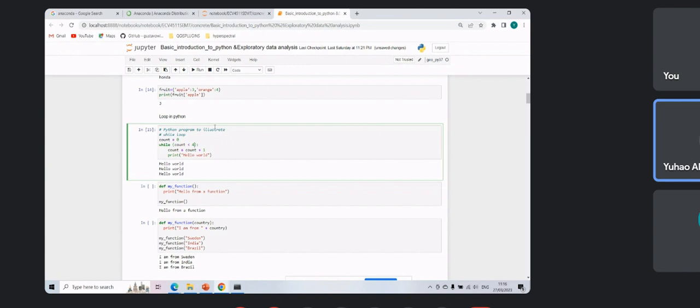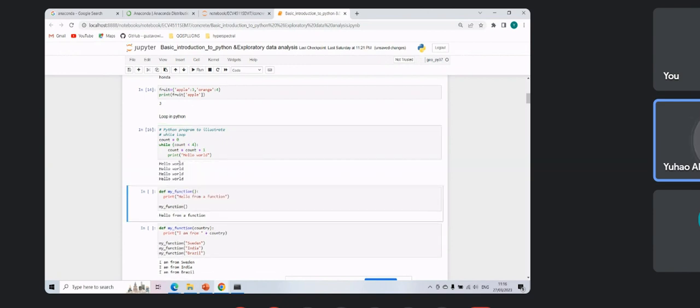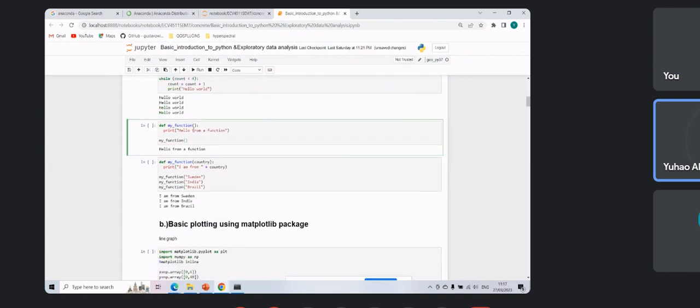How about if we change the 3 to 4? Later on it will count from 0, 1, 2, 3, and then stop at 4, since it is less than, not less than or equal. So after that,